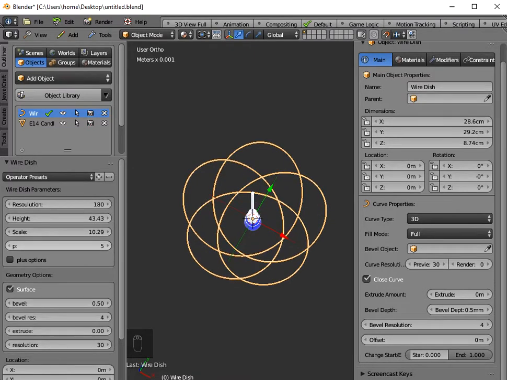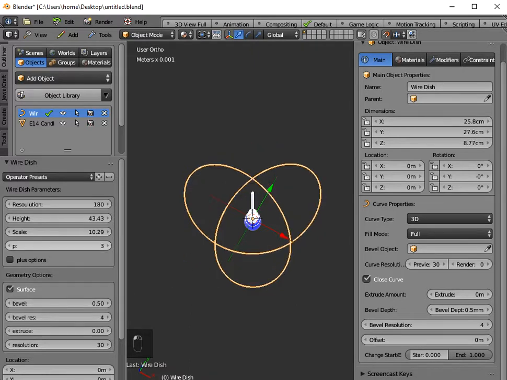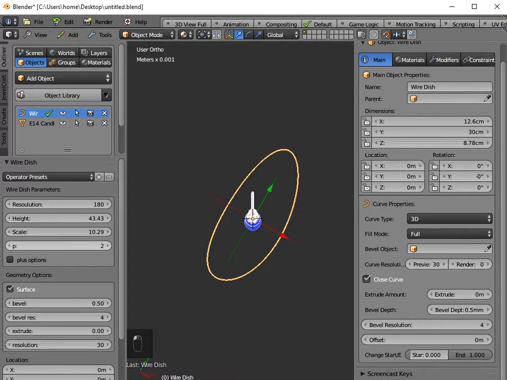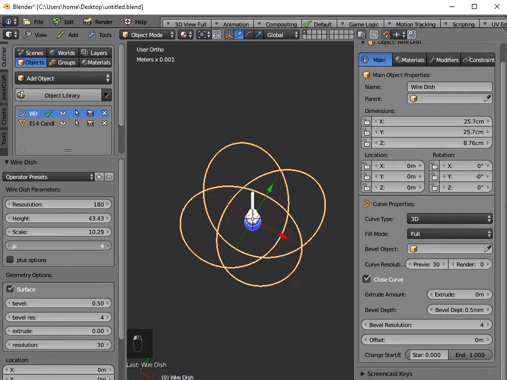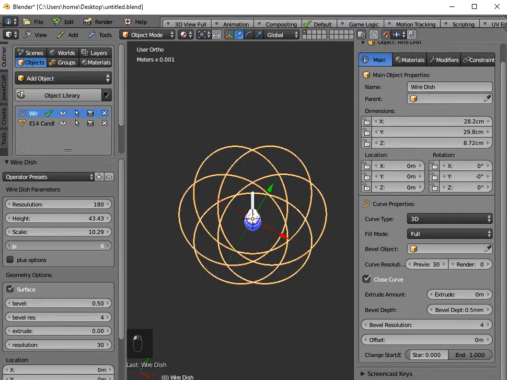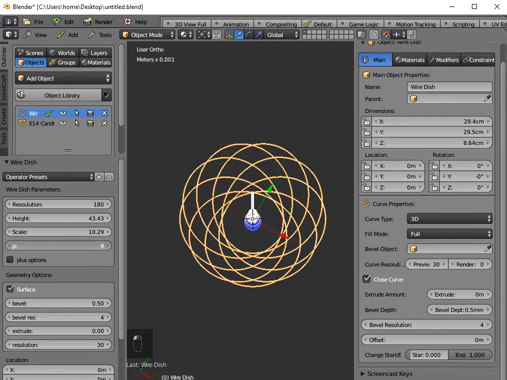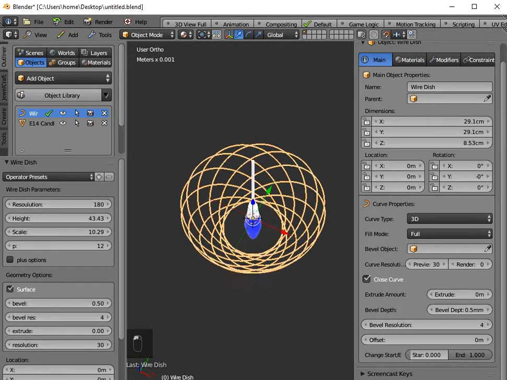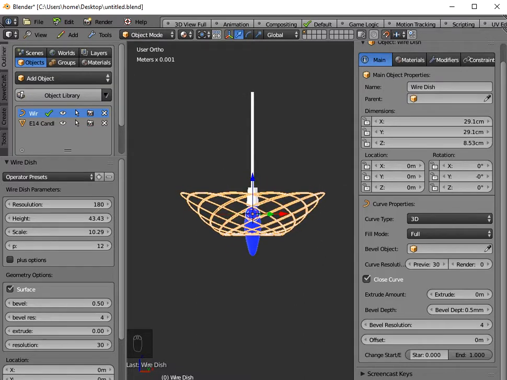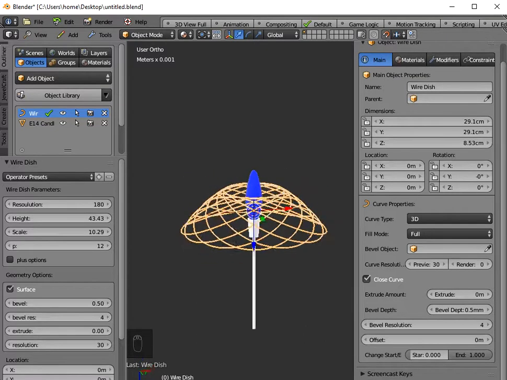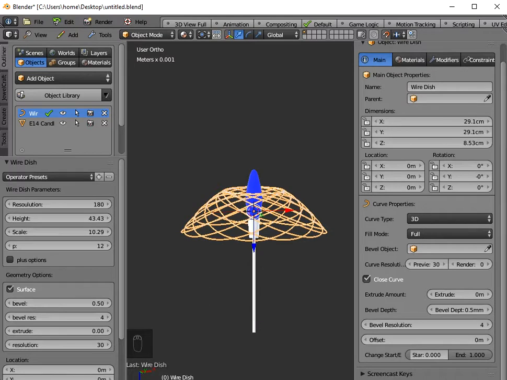We've also got a P value here, and if I reduce the P value down to 3, you can see what we've got. It's a little bit like the leaves on a tree, so there's 3 leaves, 4 leaves, 5 leaves, 6 leaves, and as we do this we're changing the pattern. Now before we go too far, in terms of a lamp, it's kind of upside down, we really want it the other way, so I could just flip it over, but I want to talk about